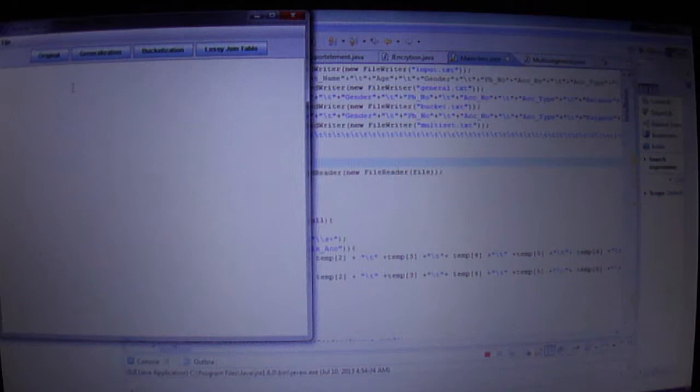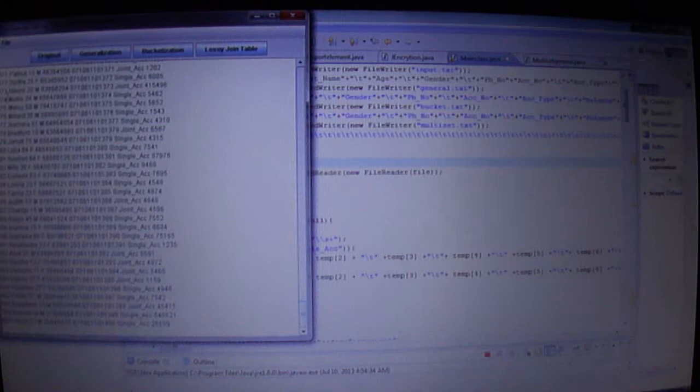In the case of medical data, disease can be considered as sensitive information, and in the case of a bank data set, your salary amount or your balance can be considered as your sensitive information. So here the original data consists of all the three parts, that is the username, their age, gender, phone number, account number, then their account type and the balance.